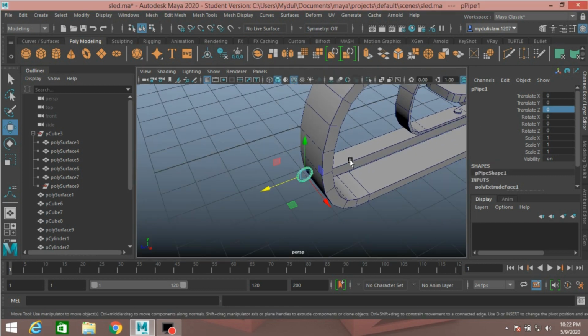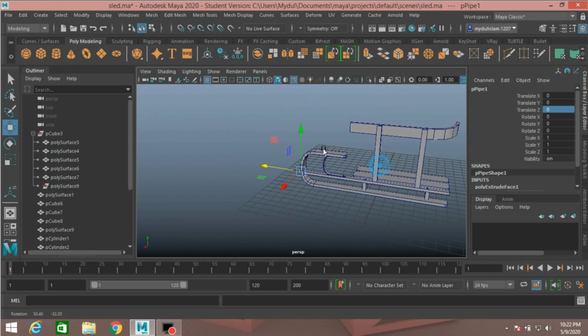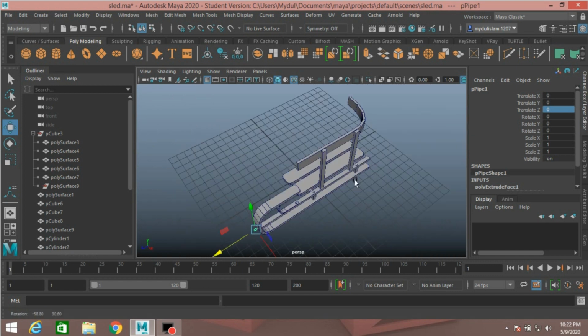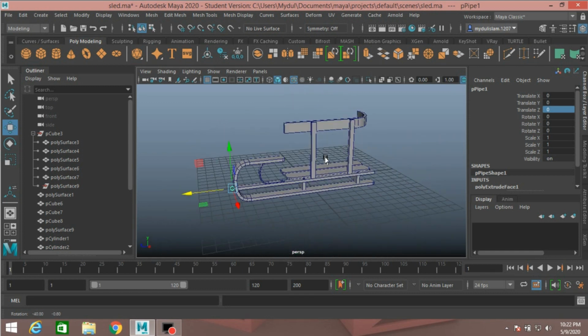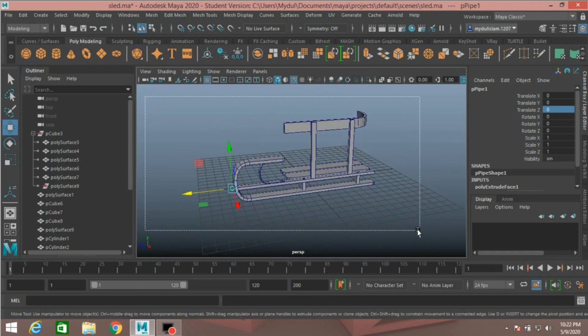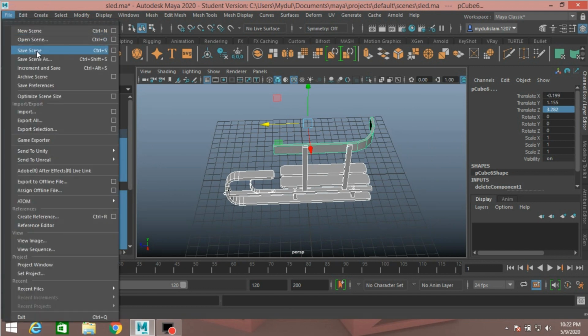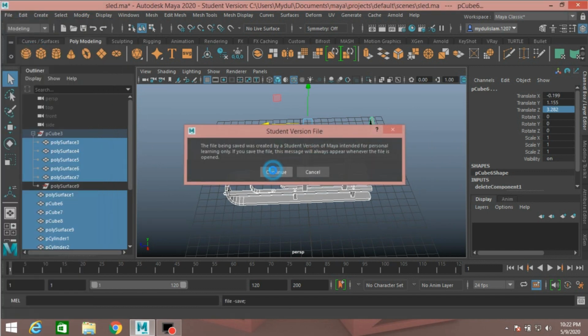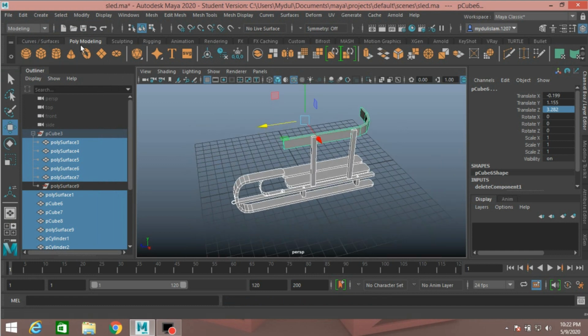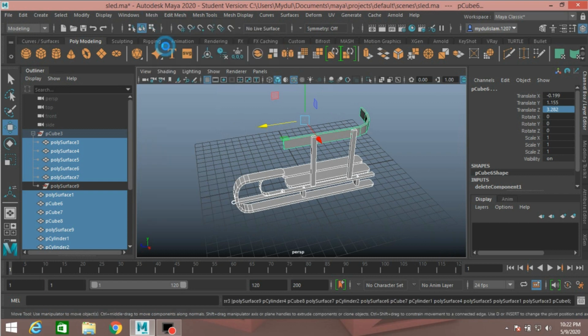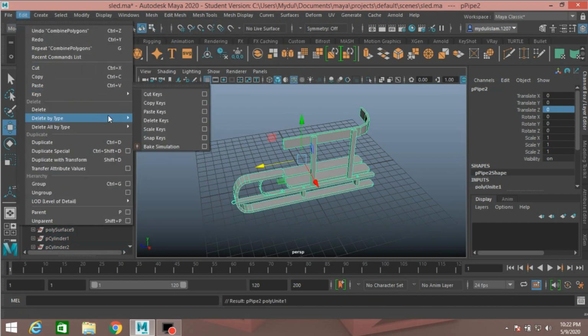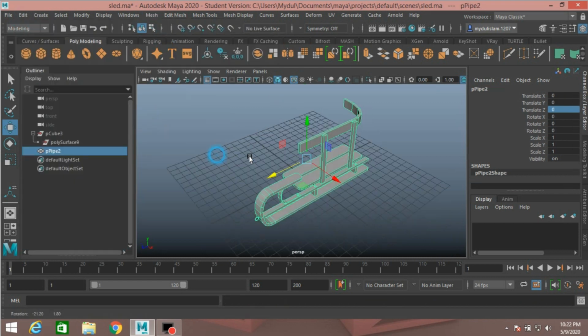Now again go to perspective view, select all of this, go to file, click save scene and go to mesh, click combine, edit, delete by type delete history.